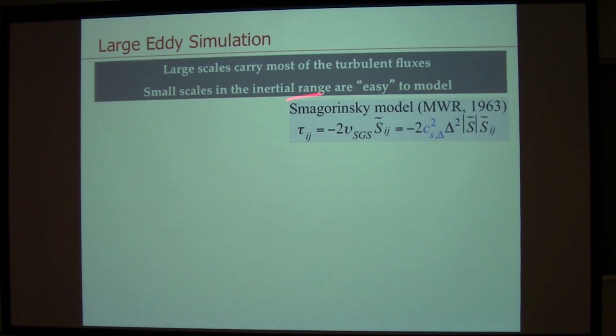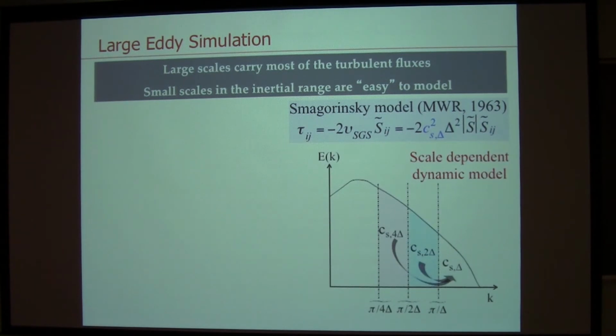So a typical model for that, which is also an eddy diffusion-based model, is the Smagorinsky model, which basically says that there's some subgrid scale diffusion multiplied by the strain rate tensor here. And basically, this is the expression for it. We have a coefficient here. I'm not going to dwell on that, but in our code, the results that I'll show you are with a